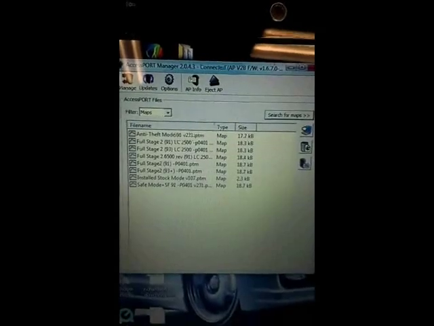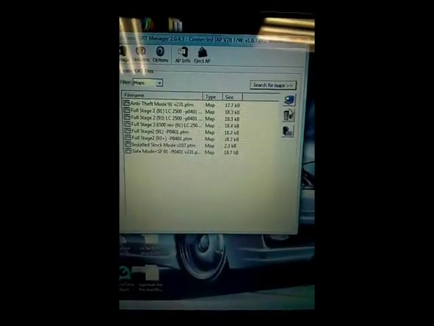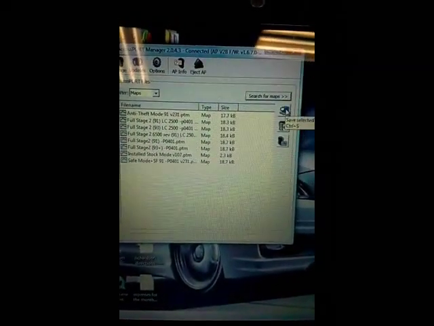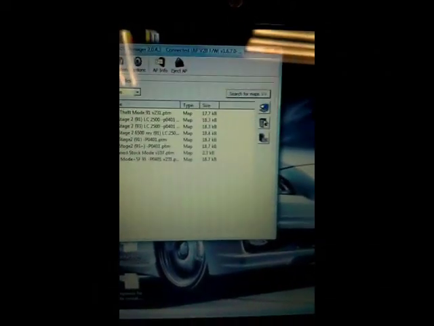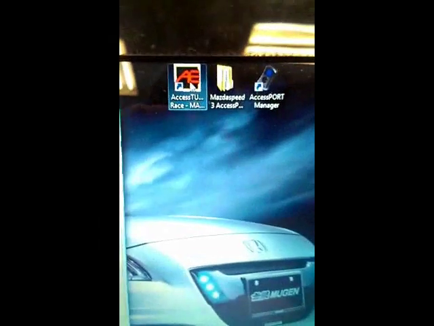Anyhow, if you go to Cobb's website and download whatever map you want to start with, or if you have one on your Accessport already that you want to use, you can save it to your computer with this button here and just make a folder somewhere. Once you're all set up in that department, open your Access Tune Race software, or Access Tuner software, whatever it's called, and